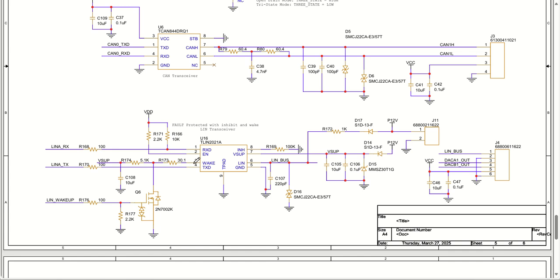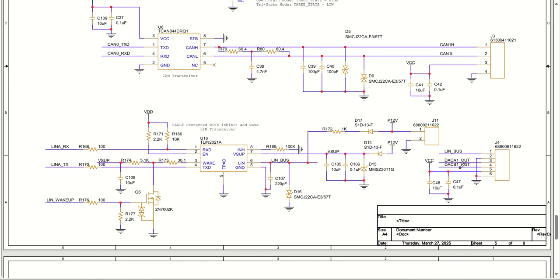Then we have the LIN wake up signal also. When this LIN wake up signal goes high and then gets grounded, this is how it will go into sleep mode. This LIN output signal is on the LIN bus. This LIN bus is configured in commander mode. You can see it is pulled up through this particular power supply, diode and resistors. This LIN bus is filtered and protected and sent to my LIN bus connector output, and this connector is